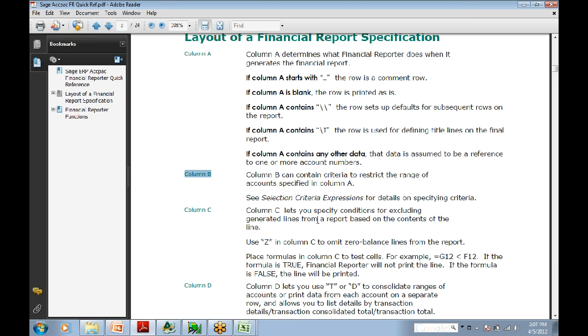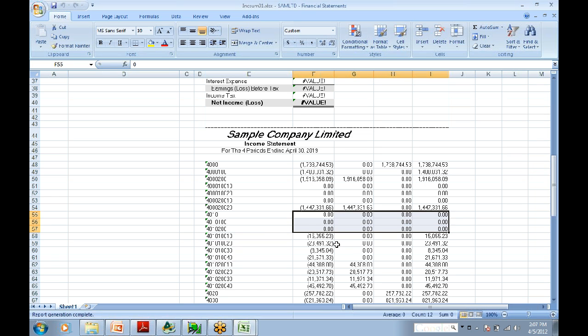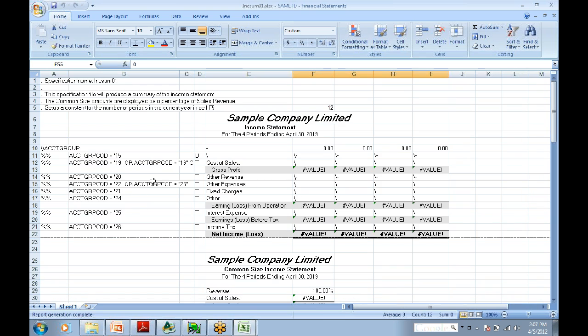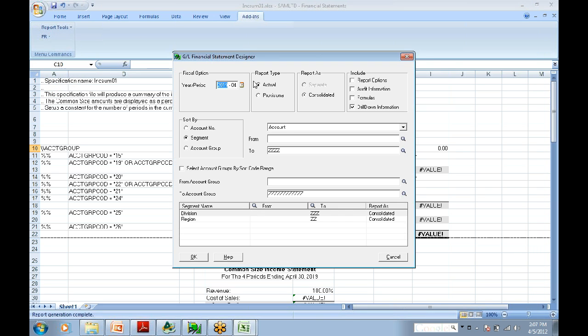All right, column C then lets you do some different things. You can see different things in terms of printing or not printing the line. Biggest thing people do in column C is to put a Z. And if you look here, I'm printing on this statement lines that have 0 balances in them. If I come over here to column C and I put a Z in that column, and then I generate the financial statement again,